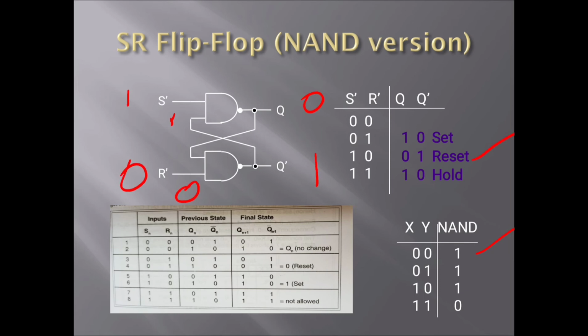And when we take the previous values of Q and Q complement as 1 and 0, it will give again the value 0 and 1. See here 0 and 1. So it gives the reset state, that is 0, right? Now next one,